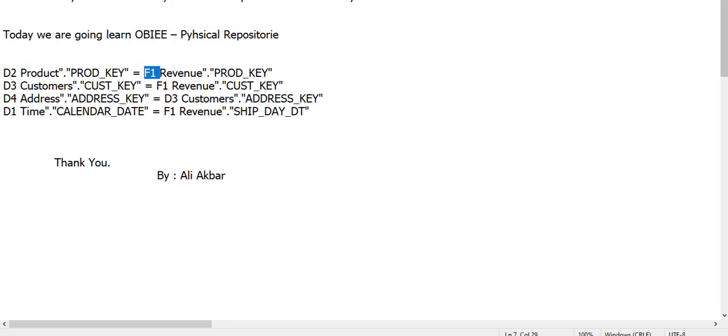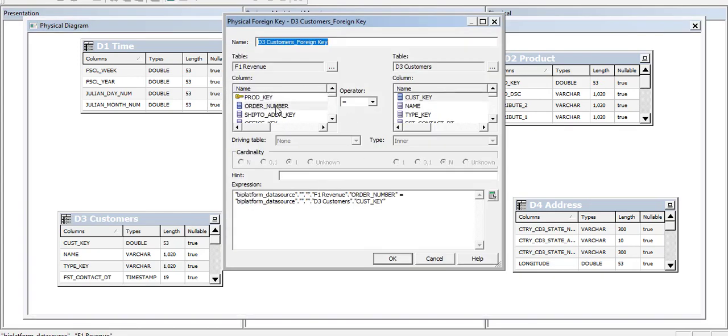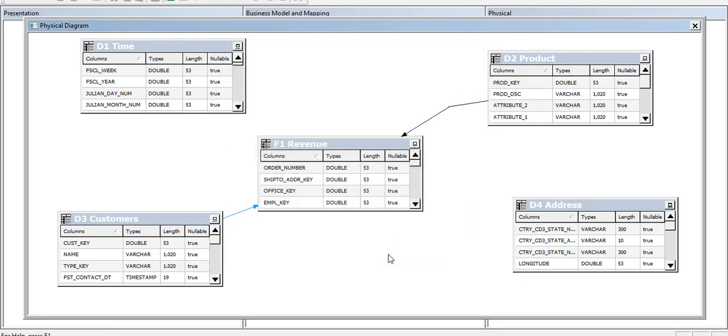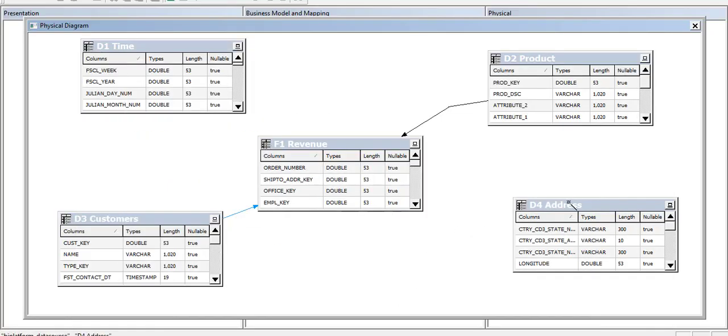Now D3 F1, customer key D3 F1. That's a new join. Customer key already defined. You can see the expression. Okay. Now we create D4 address key, D3 address key, address and customer. New join.